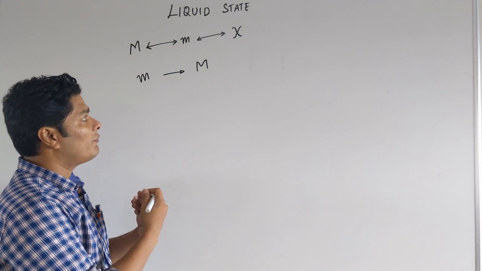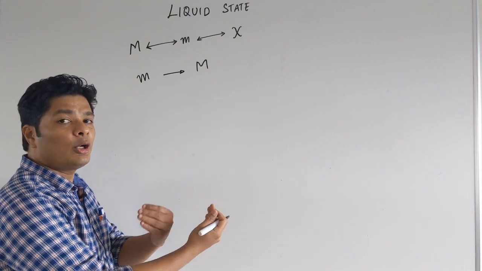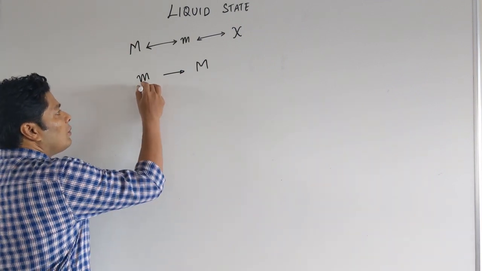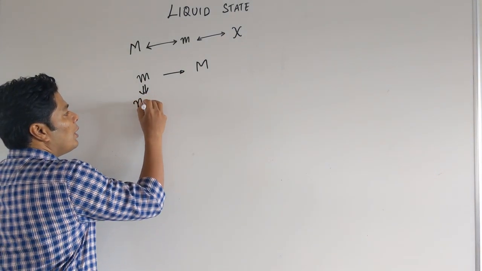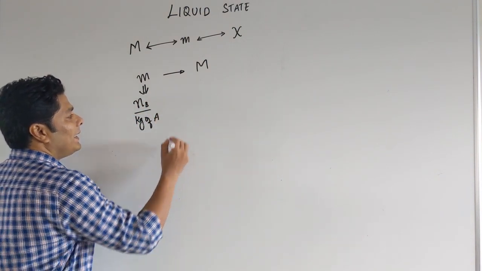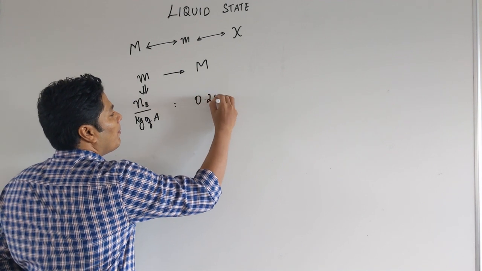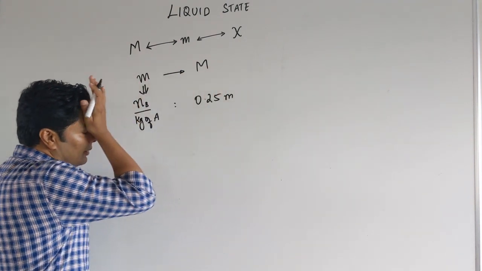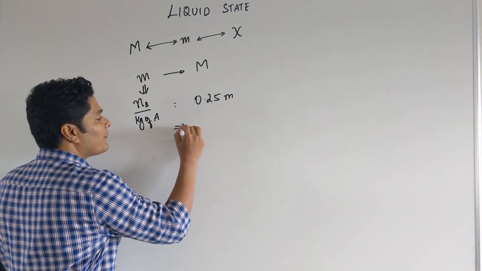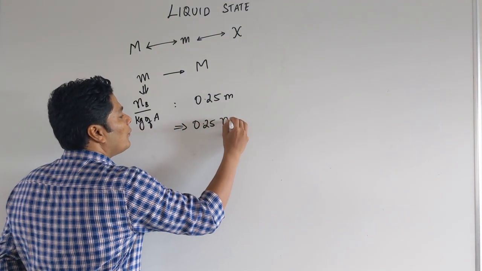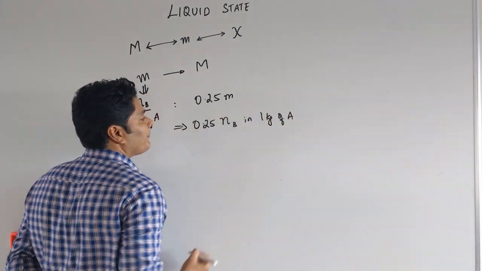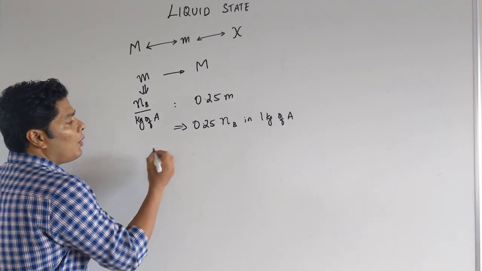Now we just saw how to convert molarity to molality. Now I am going to do the reverse. What if molality is given and they ask about molarity? Molality is given, so basically they are giving you moles of B over kilogram of A. Let's say for example they give you 0.25 molal. Now what can I do? I can take it as 0.25 moles of B in 1 kilogram of A. Correct? So now what can we do?